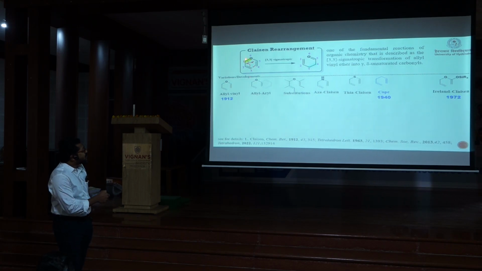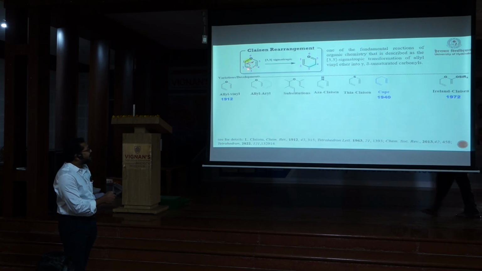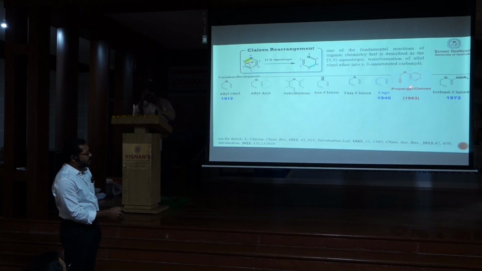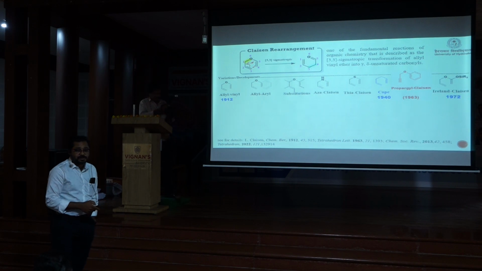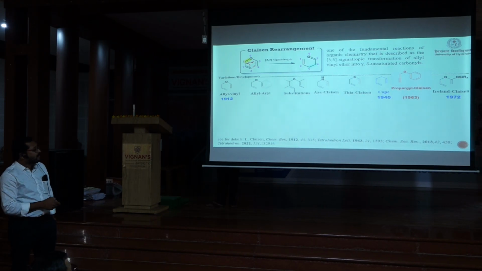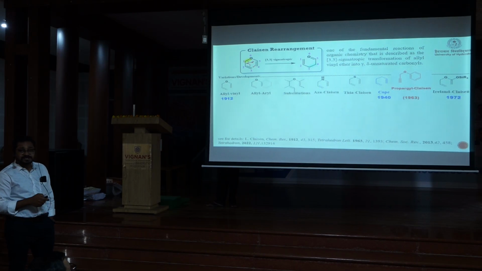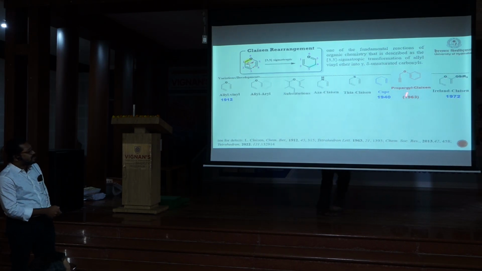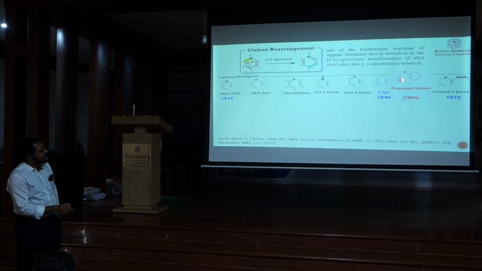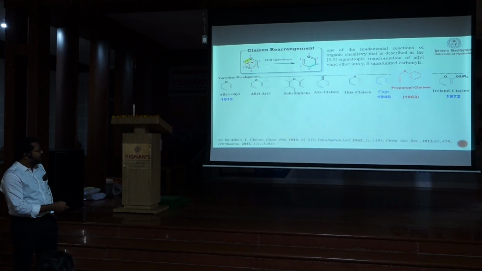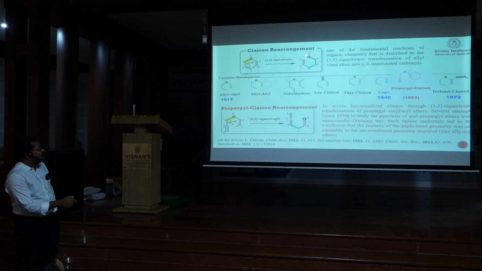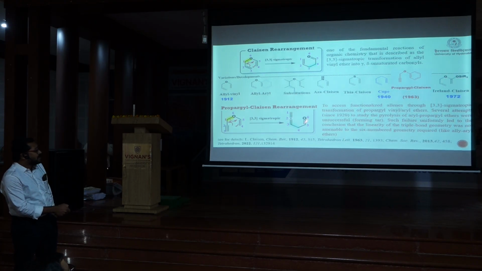So once you replace this allyl group with a propargyl group, or this double bond with a triple bond, that is generally called a propargyl-Claisen rearrangement. Since 1912, several people tried to attempt the propargyl-Claisen rearrangement. Most of the time the reaction failed to give the products, and always a tar was the resultant product. But for the first time in 1963, Professor Thiagarajan from University of Madras reported the propargyl-Claisen rearrangement. Therefore, just like a Claisen rearrangement you get gamma,delta-unsaturated systems, but here you get allene-tethered carbonyl compounds.